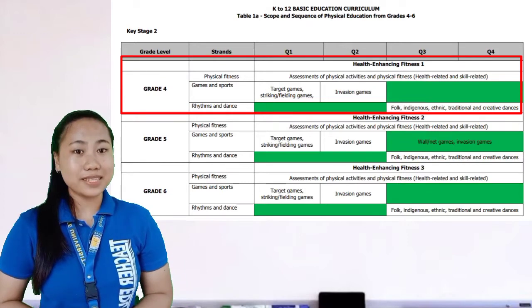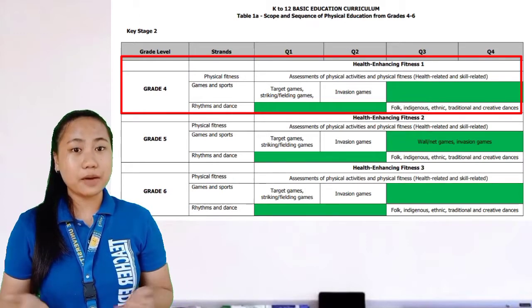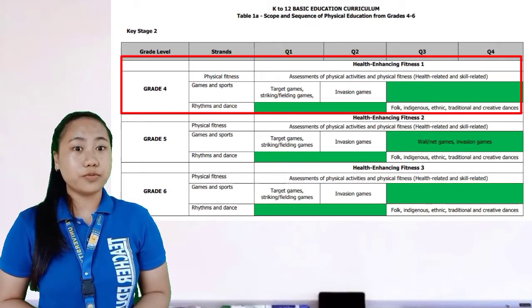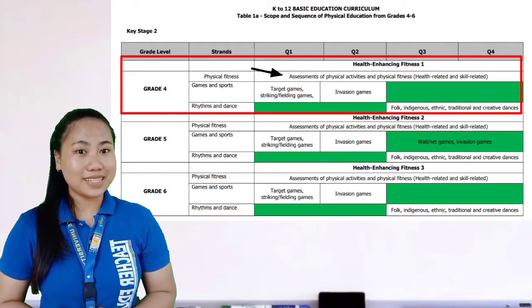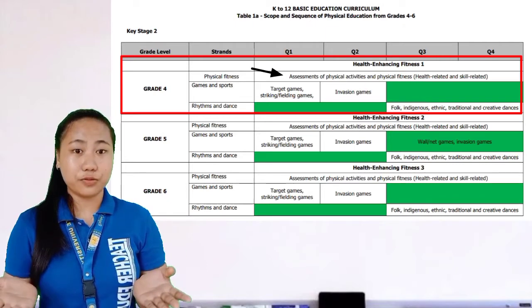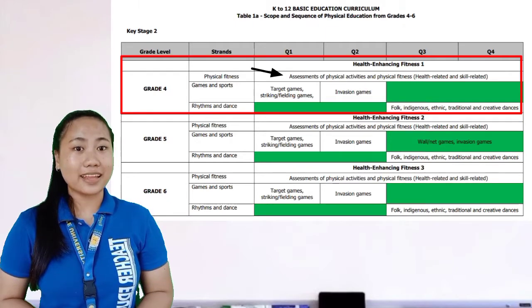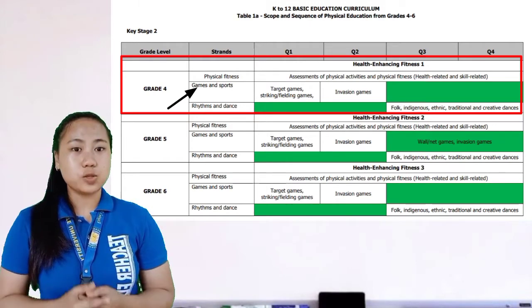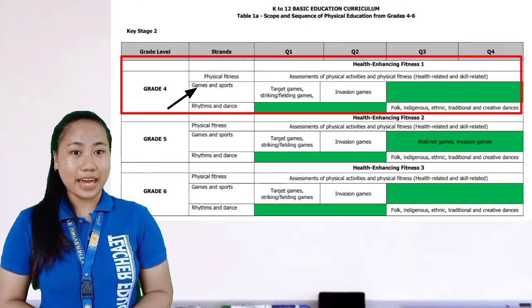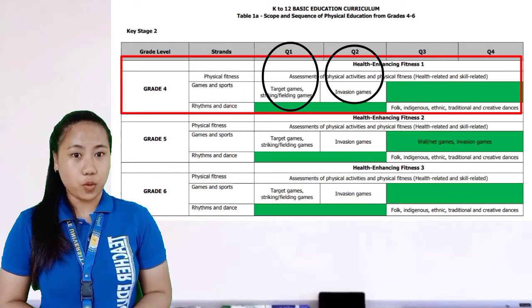However, the strand physical fitness is still being monitored or observed from first quarter to fourth quarter through the assessments of physical activities and physical fitness or health-related and skill-related components. For games and sport strand, it is being indicated for first and second quarter, wherein for first quarter, it's all